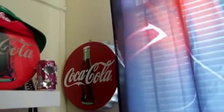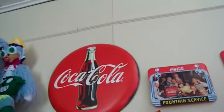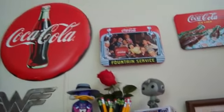But I still like it. Still good to add to the collection. So it's fine. I still got a button, a Coca-Cola button sign in the end. But I promise one day I'll get a nice big one to stick right there. I promise. So to wrap up the collection, we got a